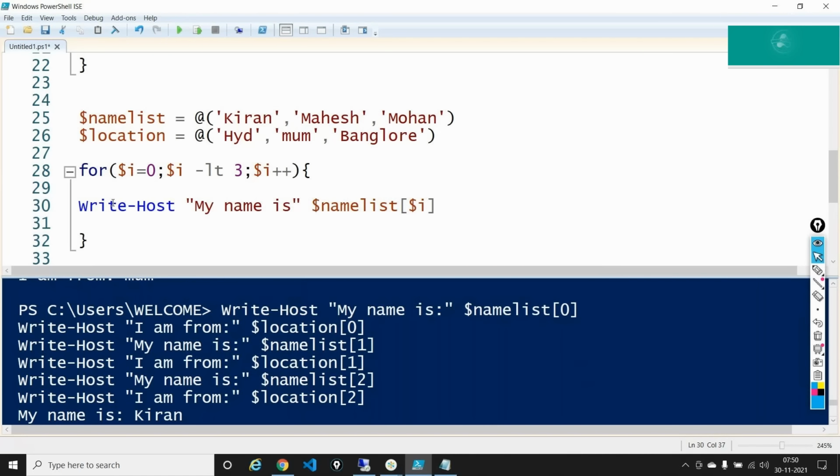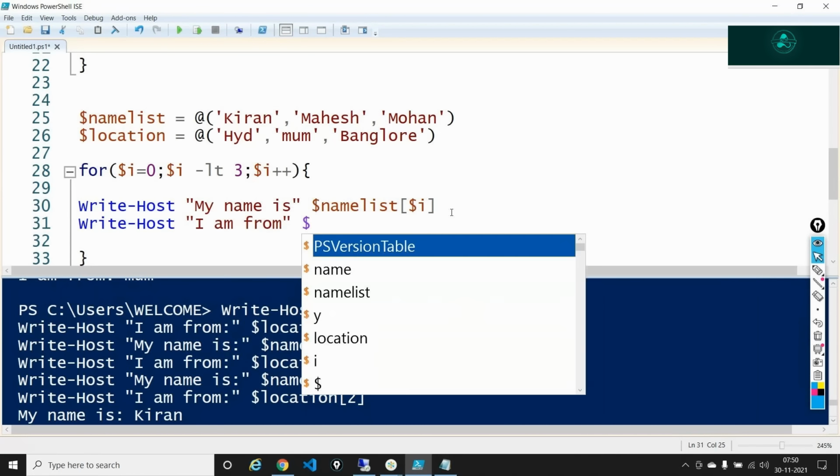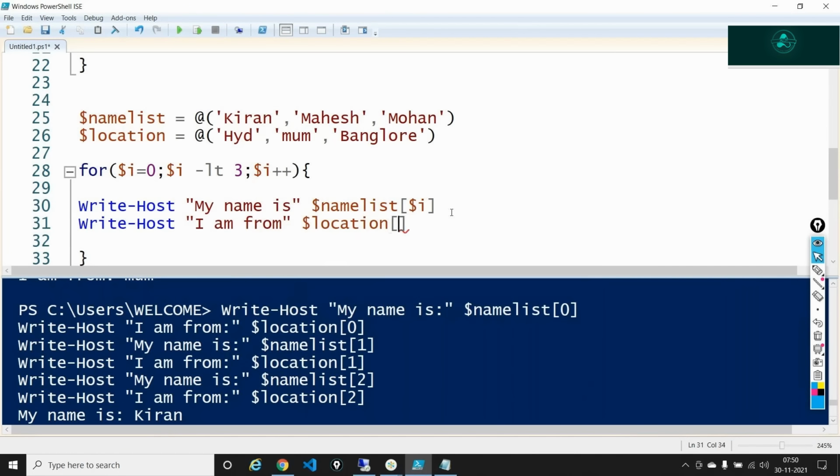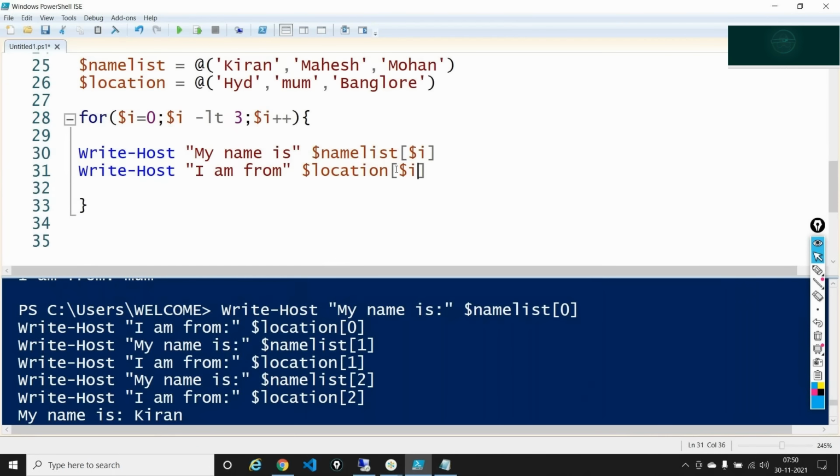So inside the index, I'm declaring $i. And after this, I'll again say Write-Host, "I am from", again $location, brackets, $i. And now if I execute this out,